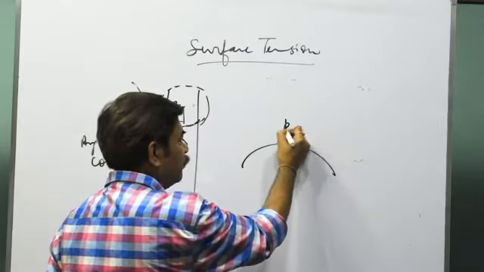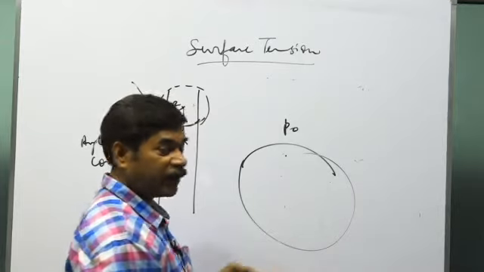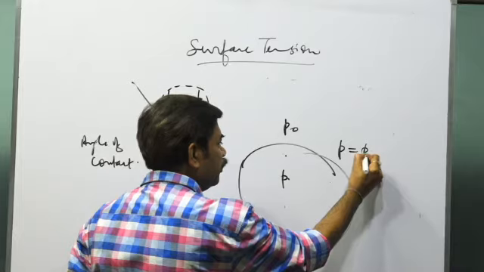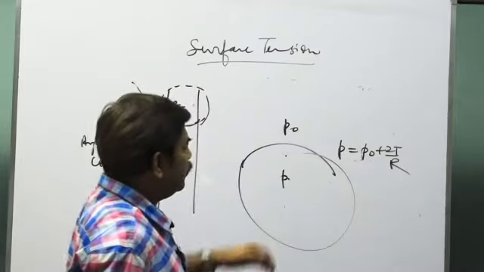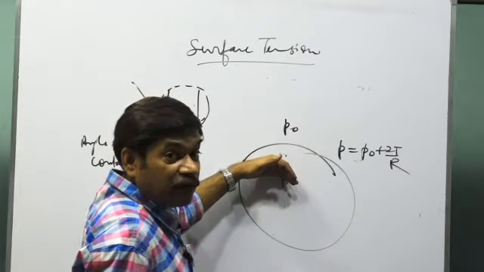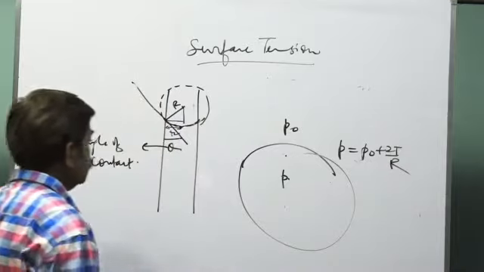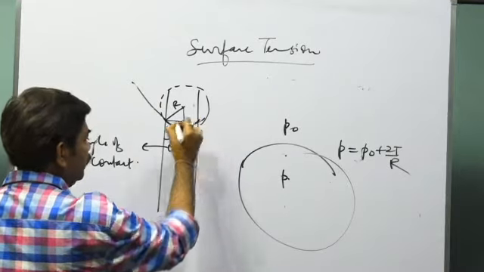So as we have seen there, the excess pressure is in the concave side. Like here we have the atmospheric pressure P naught. This is the liquid drop. Then as we calculated right now, the pressure P here will be equal to P naught plus 2T by R. So the excess pressure is always in which side? It is in the concave side of the liquid. How much is the excess? 2T by R.